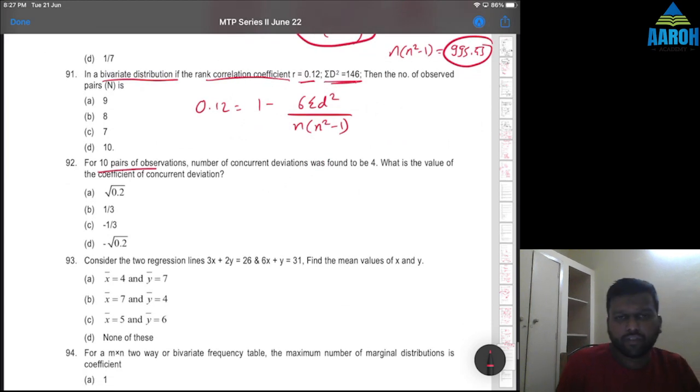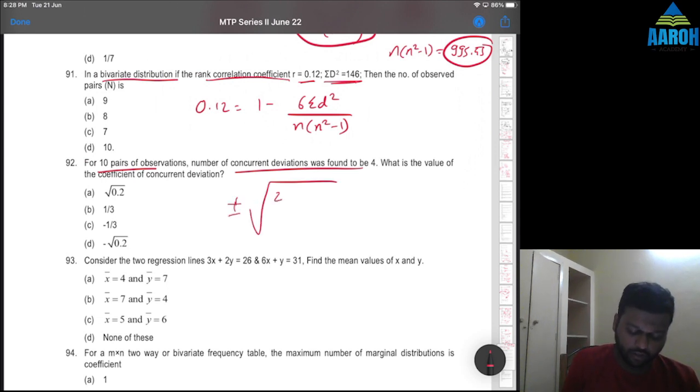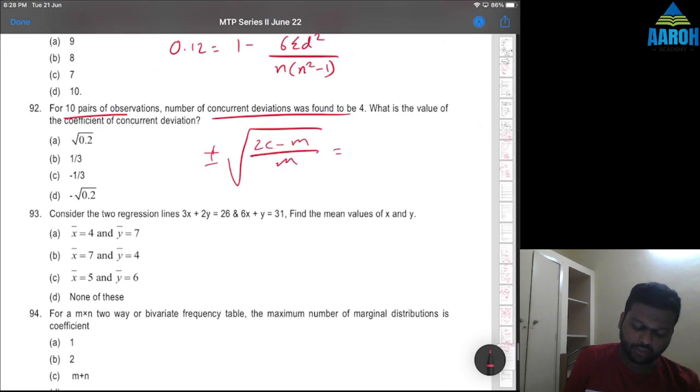For 10 pairs of observations, number of concurrent deviations was found to be 4. Okay, just a second again. Okay, so for 10 pairs of observations, number of concurrent deviations was found to be 4. What is the value of coefficient of concurrent deviation? So what is the formula of coefficient of concurrent deviation? Plus minus, I'll explain, square root of 2c minus m upon m, where m is number of pairs, total pairs, and c is concurrent deviations. Now that is going to be square root of,